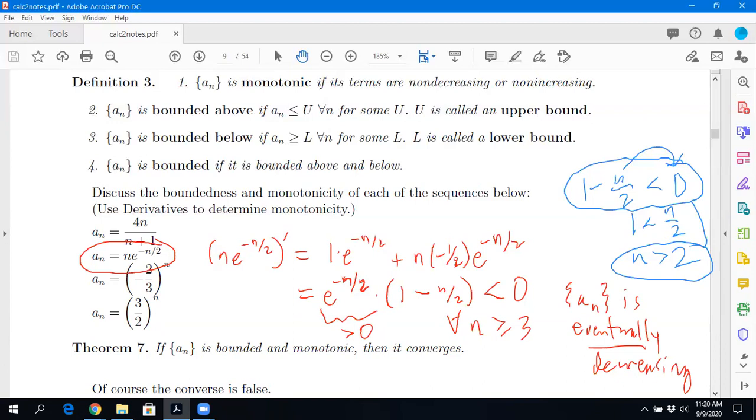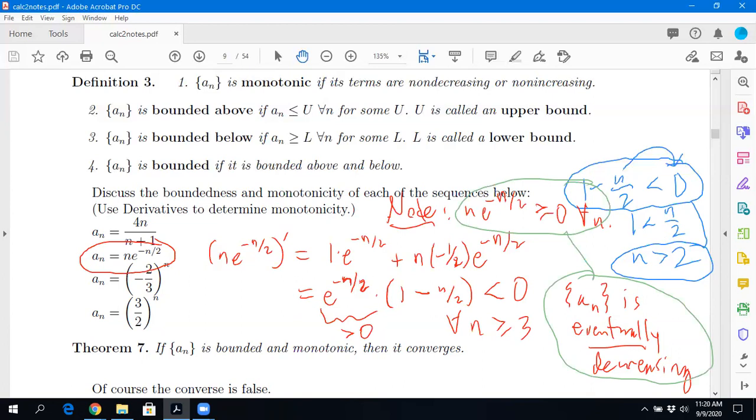How about 0? Yeah? So just note the following: n e to the minus n over 2 is greater than or equal to 0 for all n, right? That's always equal to or greater than 0. So these two facts combined, what do I know is true about the sequence an? It has to converge, right? So these two things tell us that the sequence an converges.